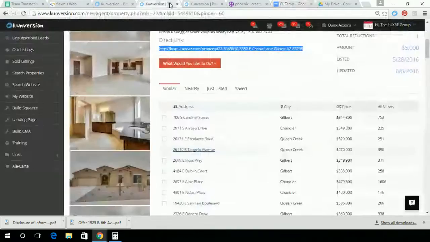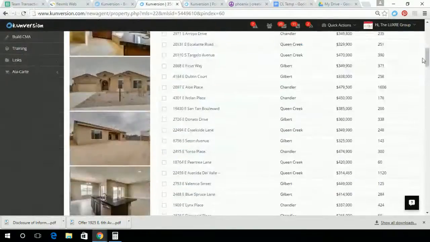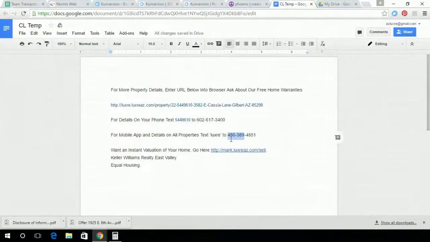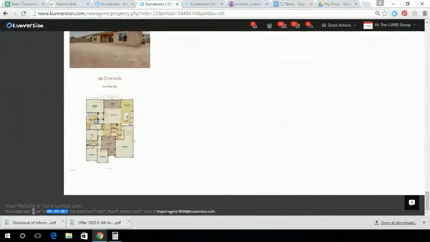Now, when I come back to conversion, I'm going to scroll down to the bottom of the page, and you guys can see. So this one, I'm in the luxury account, Maine, Arizona account, so it says text LUXRE to the system phone number. Okay. Now, for David, it'll say text David to that phone number. For Laura, it'll be text Laura to your St. George number. Okay, so that's what is right here. For some of you that have teams, be sure that you copy what this says.